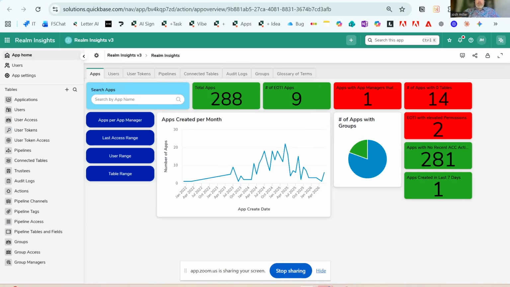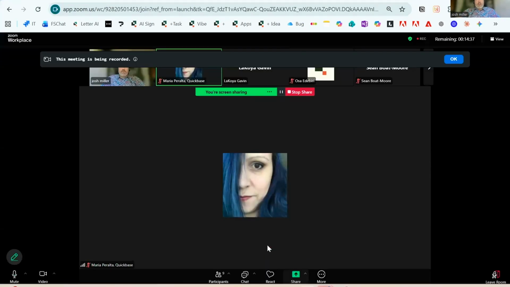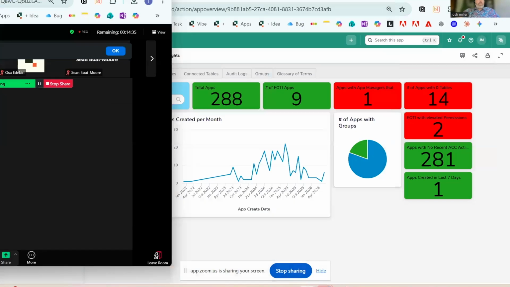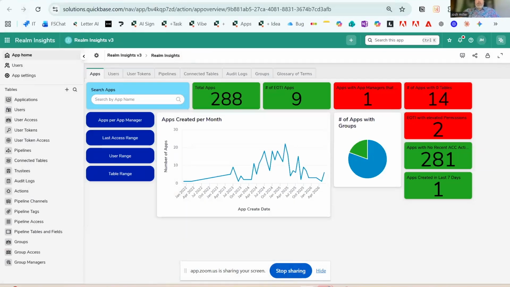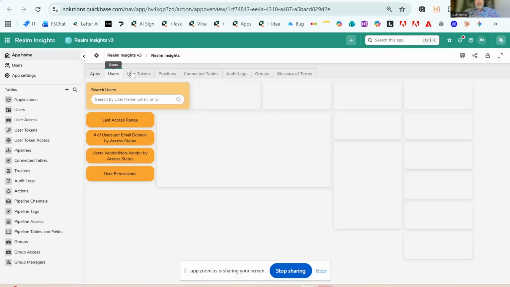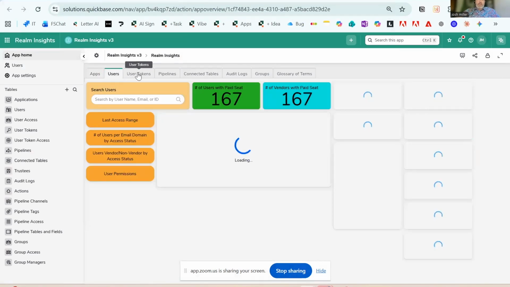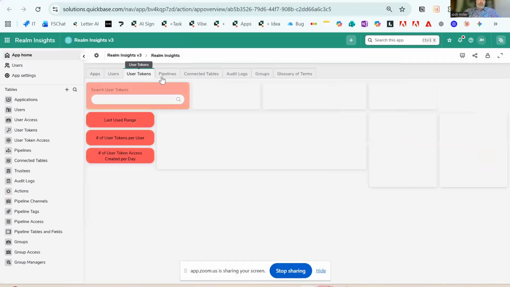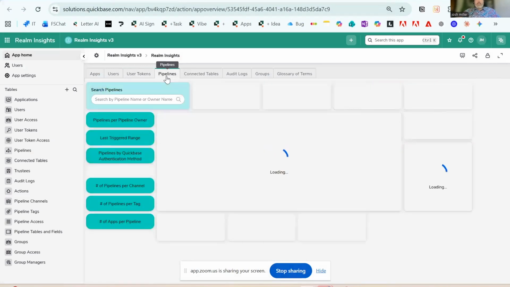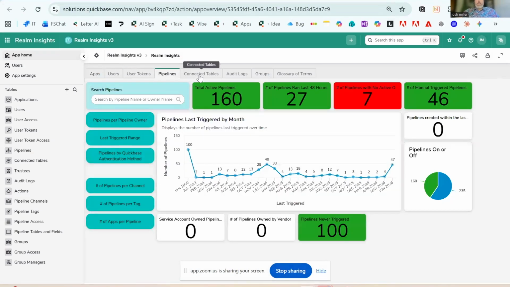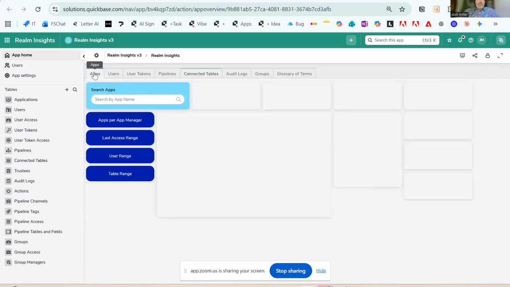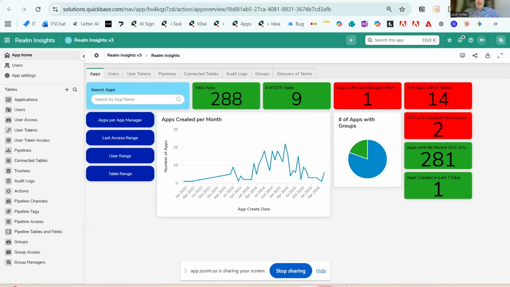I'm going to float a couple of questions here just to give you an idea. And of course, I'd be willing to take any questions from the group. I don't know if somebody has curiosity around any of these, but you can see it's apps, users, shows all of your user tokens, pipelines, and so on and so forth. So just to get started,